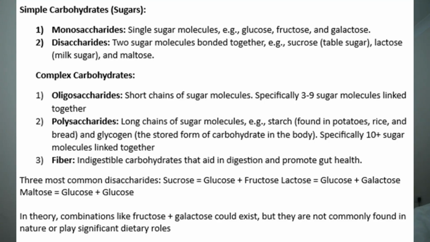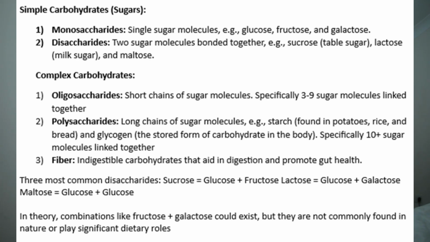Sugar is the building block of all carbohydrates. Literally every single carbohydrate is made up of sugar, regardless of what type of carbohydrate it is. These are the two types of carbohydrates: simple carbohydrates and complex carbohydrates, which I will share a picture of for you on screen. The first type of simple carbohydrate, the smallest type of simple carbohydrate in fact, is called a